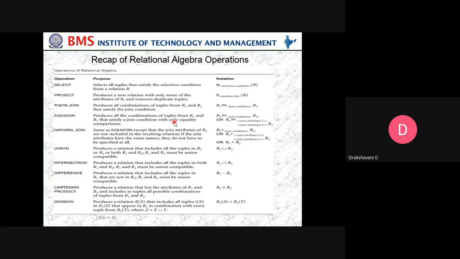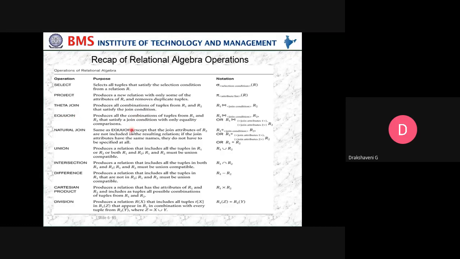Yesterday we were seeing this; it is a recap of the relational algebra operations. So what is select? Select picks all the tuples that satisfy the selection condition from a relation. Project produces a new relation with only some of the attributes of R and removes duplicate tuples. Theta join produces all combinations of tuples from R1 and R2 that satisfy the join condition.